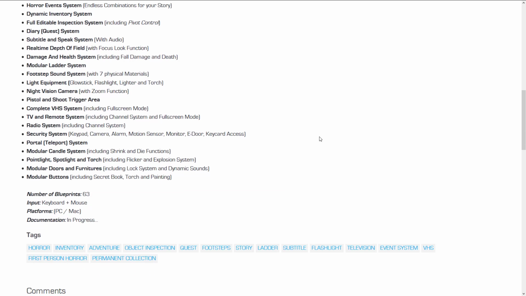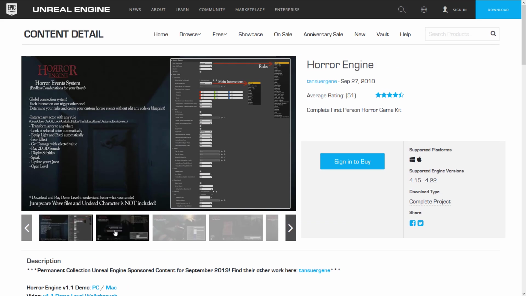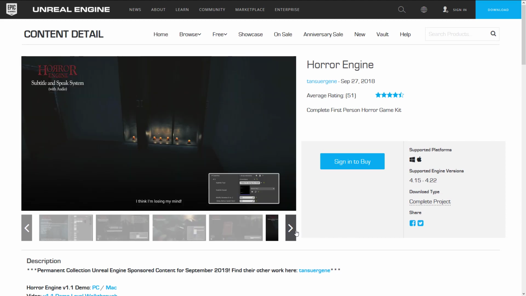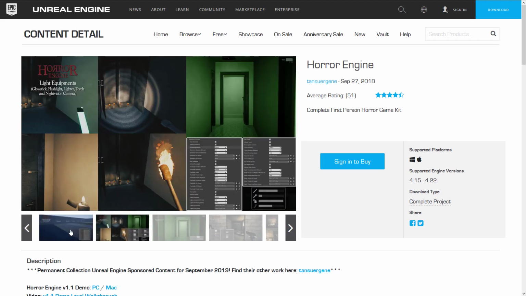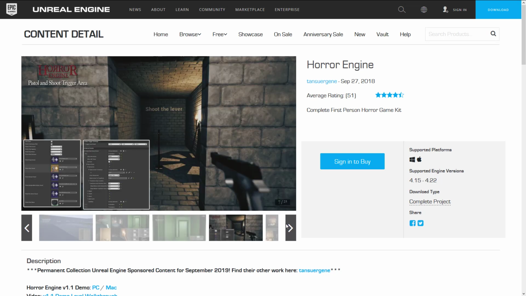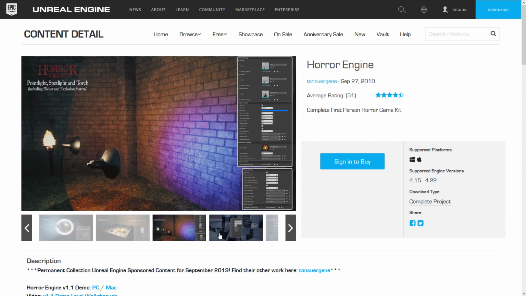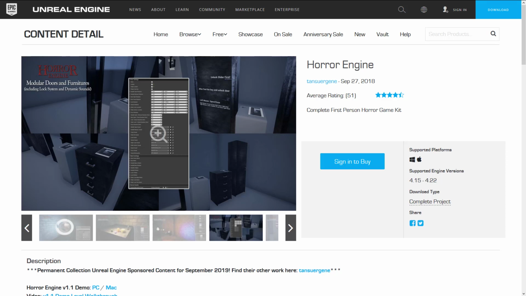So if you wanted to add any of those things into your game, this should make it super easy. So if you want to do a horror walking simulator style game with an inventory, you are set using this blueprint. Basically it is all the little gameplay pieces you would need to make this style of game. And this is free forever. So yeah, we are going to definitely start seeing more horror flips in the future.